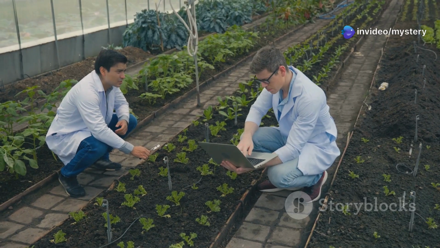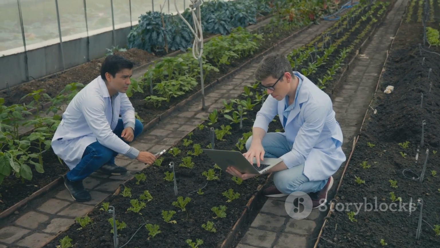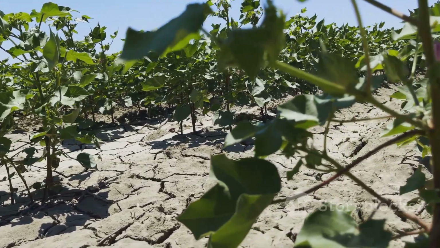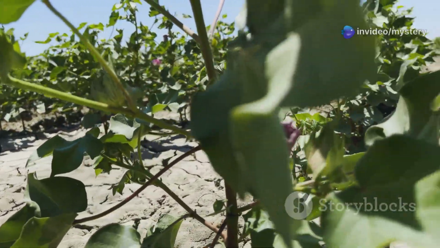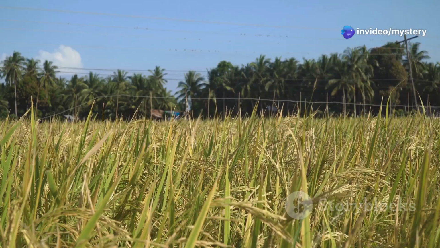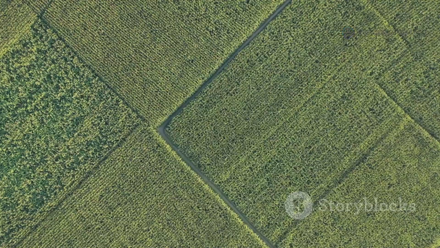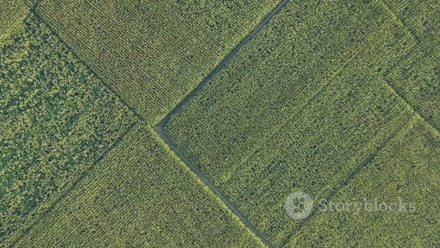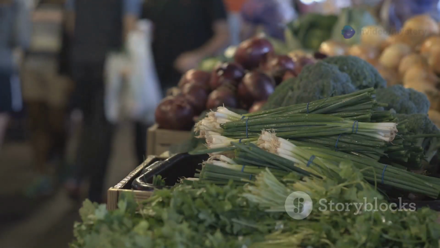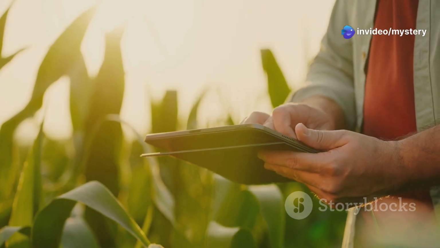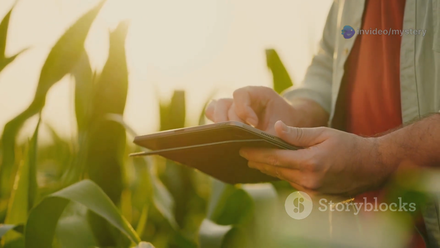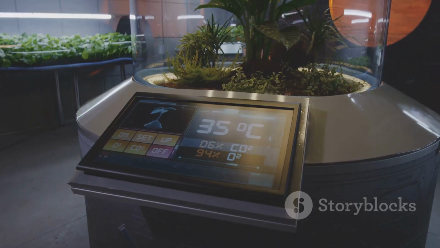Genetically modified, or GM, crops have been a subject of much debate, but their potential benefits are undeniable. GM crops can be engineered to resist pests, tolerate herbicides, withstand harsh environmental conditions, or enhance their nutritional content. By increasing yields and reducing the need for pesticides and herbicides, GM crops can contribute to a more sustainable and food-secure future. Precision farming, another application of biotechnology in agriculture, involves using sensors, data analytics, and automation to optimize crop